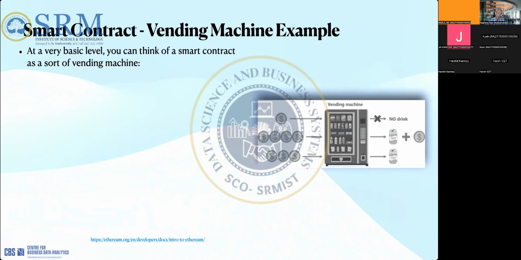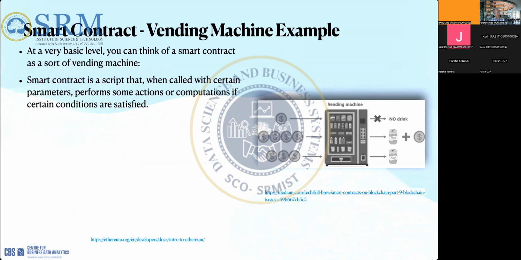It indicates that there is some kind of interface where you can do different actions with the different inputs. Based on the type of action you call for and the type of input you have, it can decide whether it gives you the drink and some change back if you put in more money, or only the drink if you put in the exact change. If you put in less money, probably it doesn't respond. It's quite a similar way a smart contract also works.